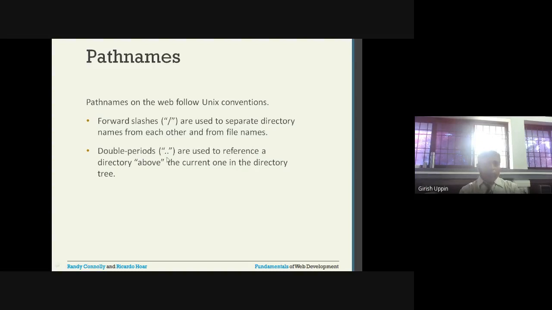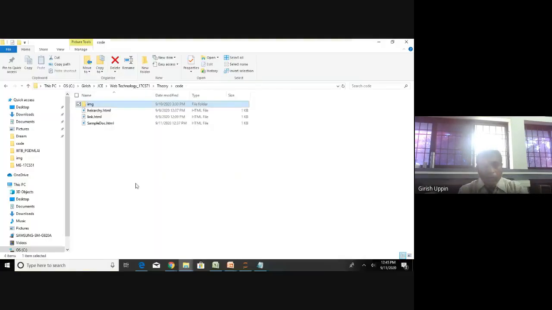And double periods are used to reference a directory above the current one. Let us say I have a file. Right now it is in the code folder. Suppose I have a file in this theory folder. The theory folder is above the code folder, isn't it?